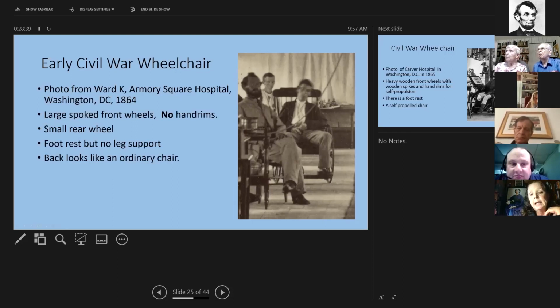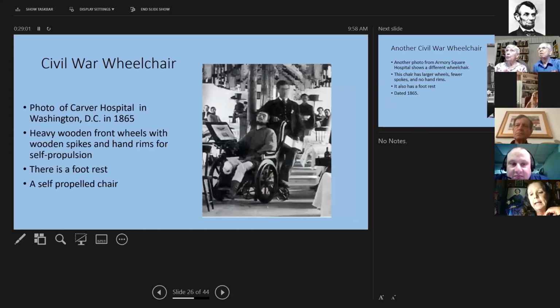And the back looks like an ordinary chair. And if you notice, all of the men are dressed for the day. And apparently that's the way it was in Armory Square Hospital.